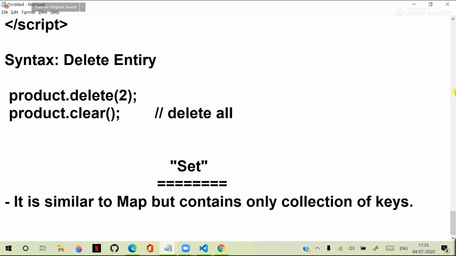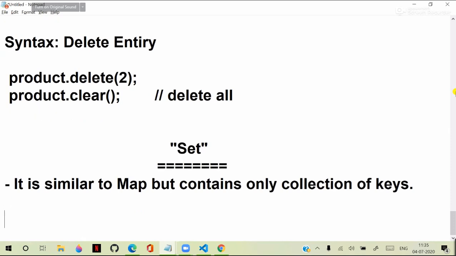That means if we want to deal with just a combination of keys, then we have to use set. Map is a key value collection, while set is only keys. So especially when you are dealing with only the fields and you want to interact with those fields, only keys, then set will configure the keys. It is the same, but it is good for only keys. It has sub properties like set, that means sets a new key,